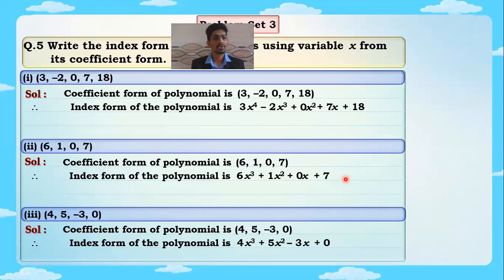And the last one is coefficient form. C stands for round bracket; assume this to remember. C means coefficient form is written in round brackets. Coefficients only, separated by commas. Only the numbers that you see on the left side of the variable, along with the sign, separated by commas in a round bracket. So I hope all of you are very clear with this concept.